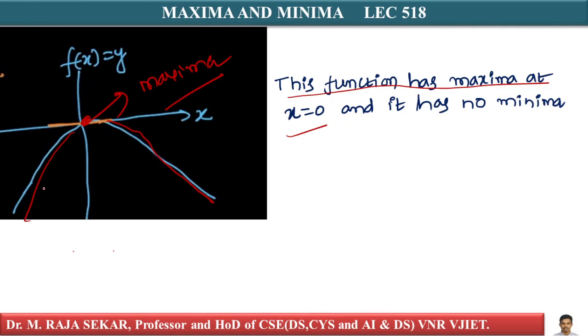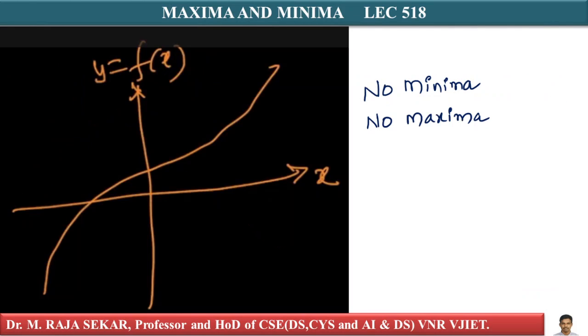So let's take another function. Imagine if I have a function like this. Now this function has no maxima and no minima. This is important. It's possible that a function may not have maxima, may not have minima, because what's happening here is that it keeps going to plus infinity. This part keeps going to